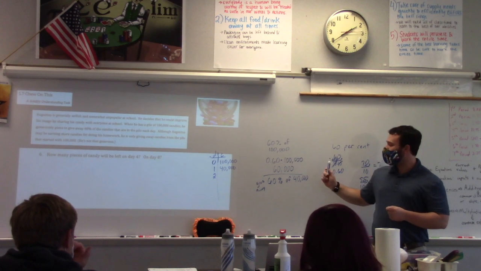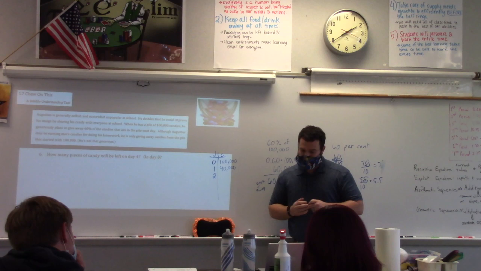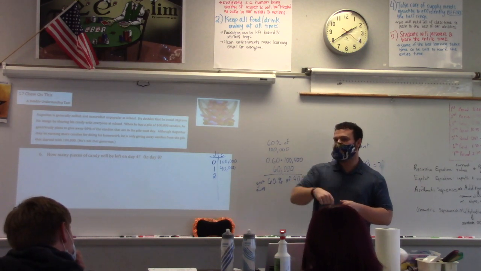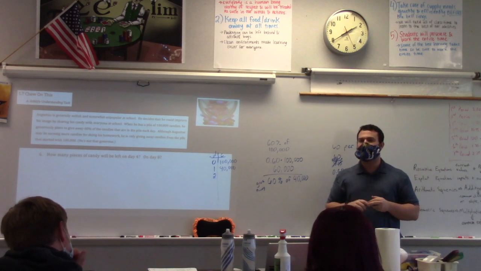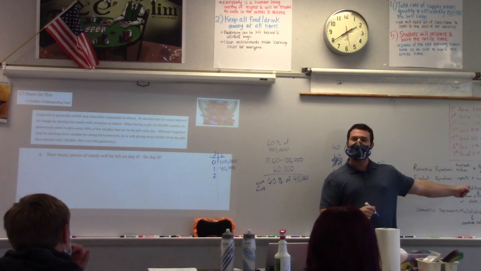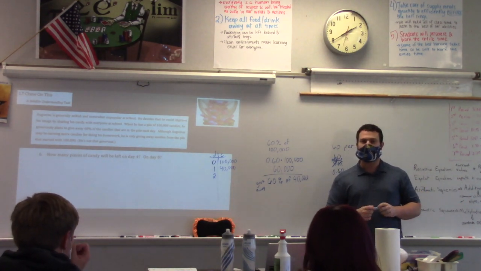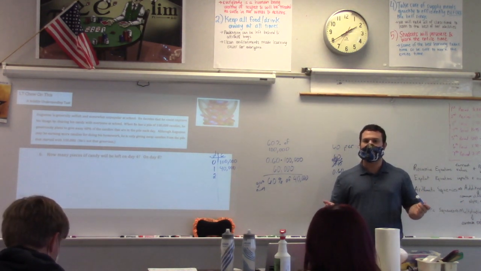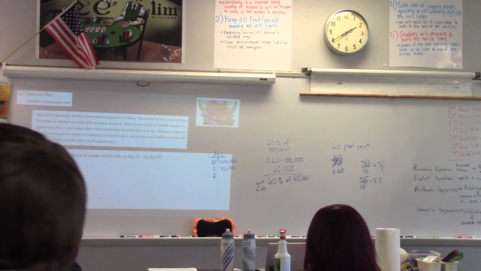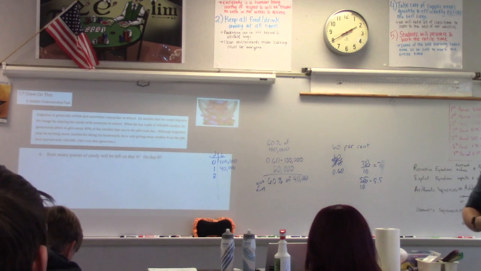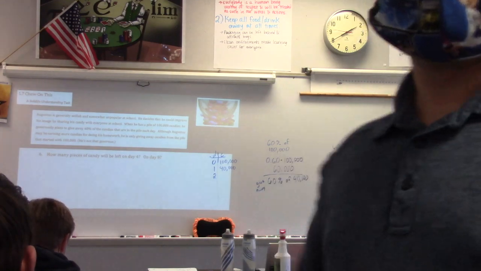So here's my challenge for you. One, I want you to think about how many will be left on day 4 and then finally on day 8. But I also want you to consider and talk about it within your groups. Do you think that this is an arithmetic sequence, or do you think that it is geometric? That's my challenge for you. So be thinking about that, talking about that, doing the work together, helping each other out. I'll be coming around and asking you questions to push on your ideas. Okay, so work together to figure out how many candies